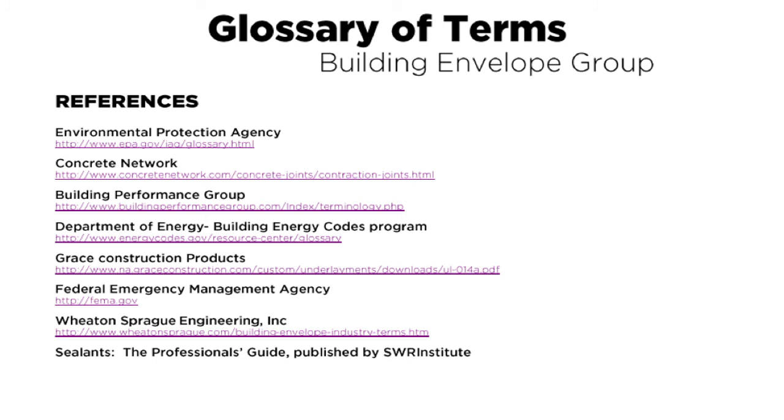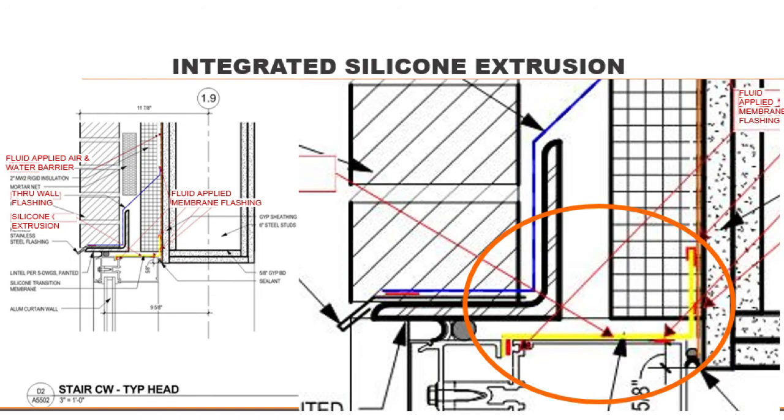One item that we first collaborated on and still offer is a glossary of terms with industry-recognized definitions by various recognized contributors. This information was gathered and consolidated to provide a common language for those that want to better understand industry speak. The BEG technical team offers detailing support in various ways to provide assistance for the use or integration